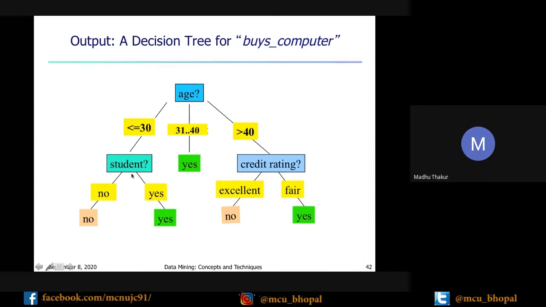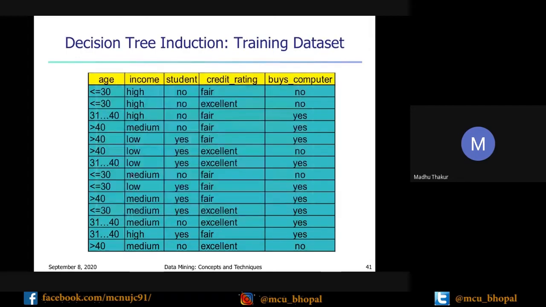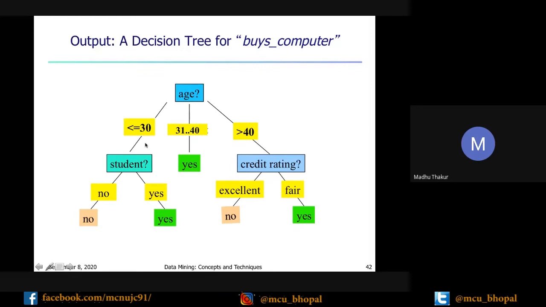If a person has age less than or equal to 30 and is a student, then your tuple will go to the yes class. If he is not a student, then it will go to the no class.